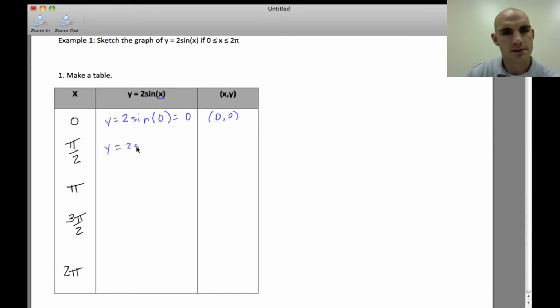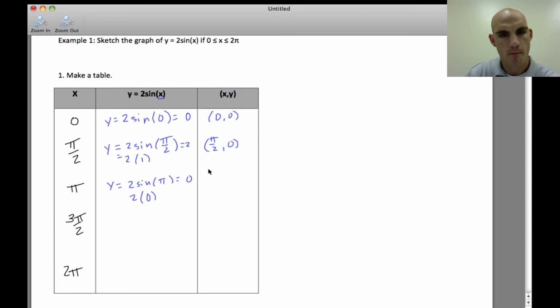So y equals 2 sine of pi over 2, and at pi over 2, that's going to be 2 times 1, which is equal to 2, so we're going to have pi over 2, comma 0. When I go to pi, I get y equals 2 sine of pi, which is going to be 2 times 0, which is equal to 0. So I have pi